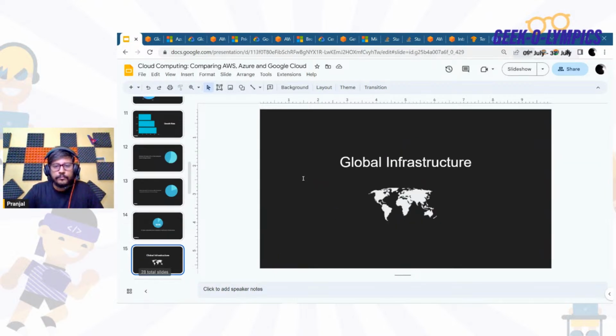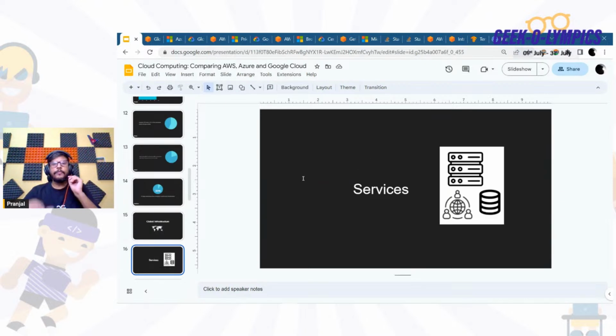Now here we discuss the global infrastructure, how they are spread around the globe. Now, what are the services? I have been saying what exactly cloud computing is. Cloud computing simply means you are outsourcing the management of the infrastructure, all those network components, and the storage and compute components. The cloud service provider is going to take care of it. So how you are going to use those infrastructure resources is with the help of the internet. Basically, they are in the form of different services.